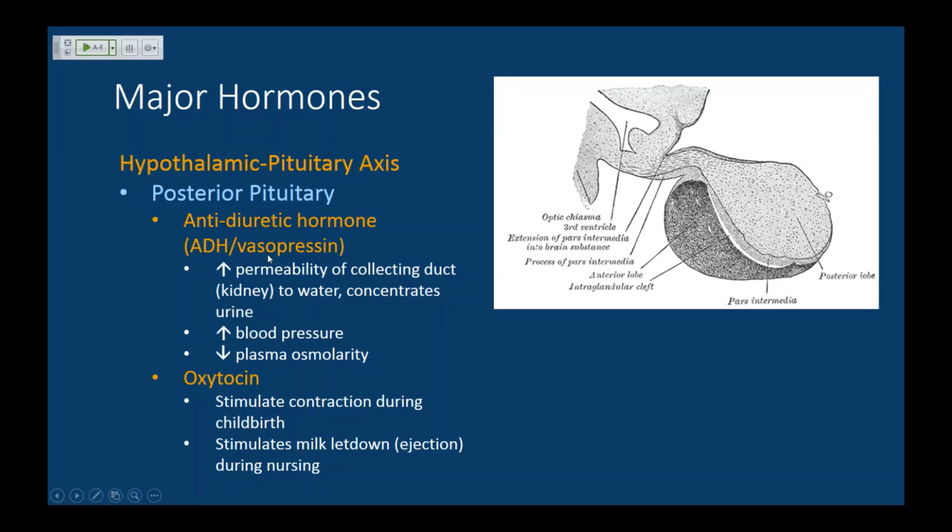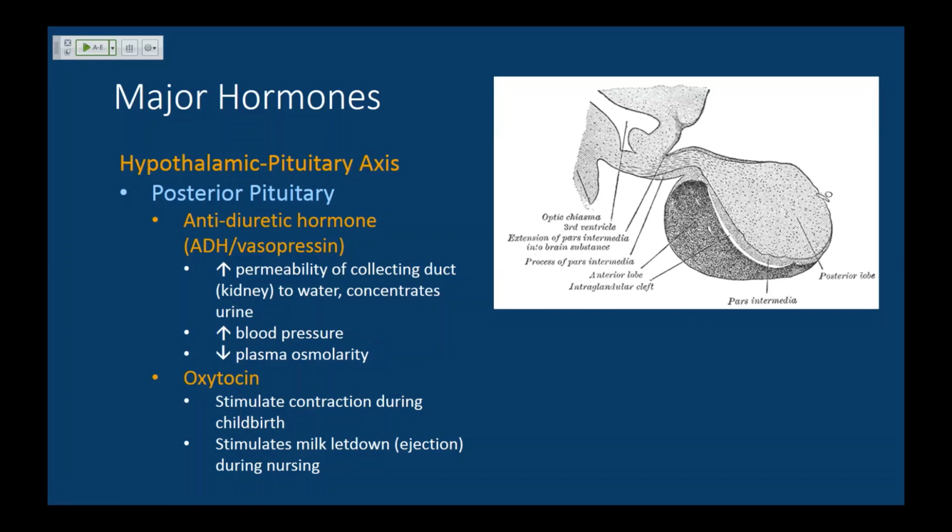Vasopressin, also a good synonym for ADH, because pressure in the vascular system, a function of ADH is going to be to increase blood pressure, as I say here. And something you'll also need to know, and something we'll expand upon in the renal lecture, is that antidiuretic hormone is helping us reabsorb pure water from what will eventually become the urine. So if we're reabsorbing pure water, we're actually diluting the concentration of ions and various solutes in the plasma. So this is also going to act to decrease plasma osmolarity.